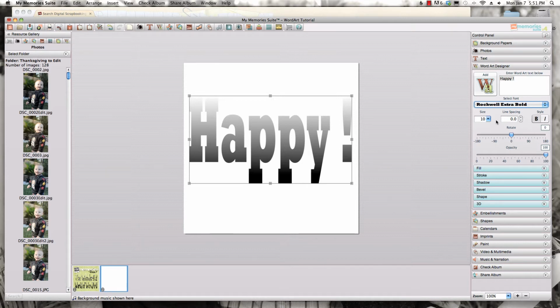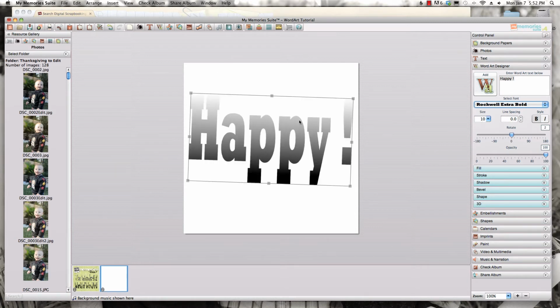Now, if you want to, you can make size changes here. If you happen to have more than one line of text, you can change the distance between the lines of text by using the options here. You can also rotate your word art this direction or that direction,